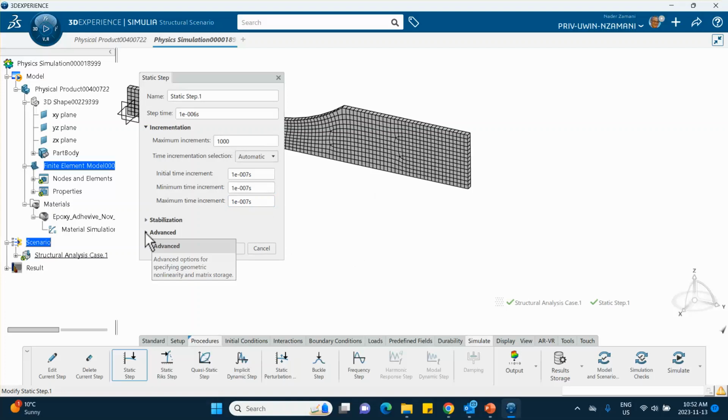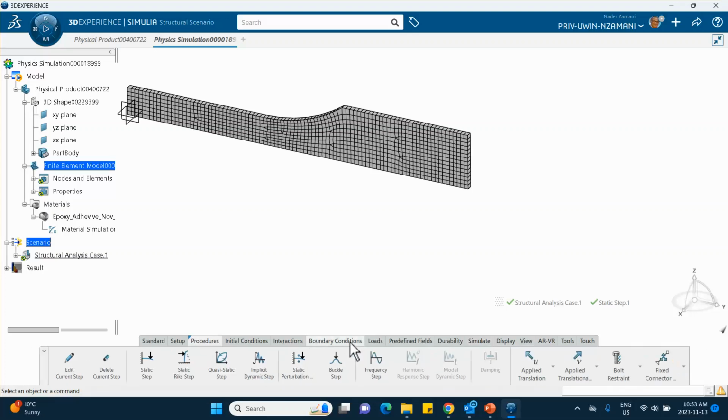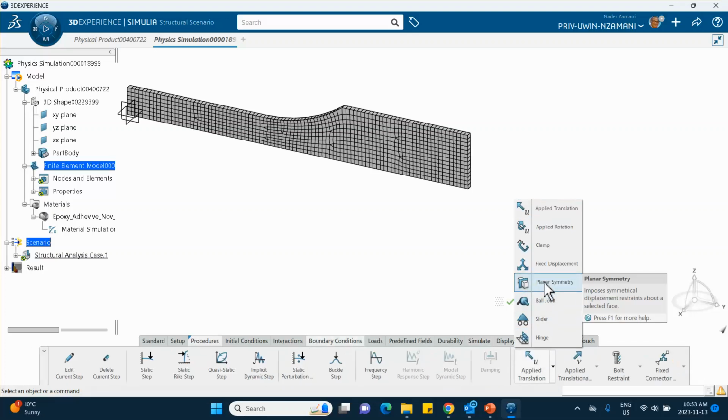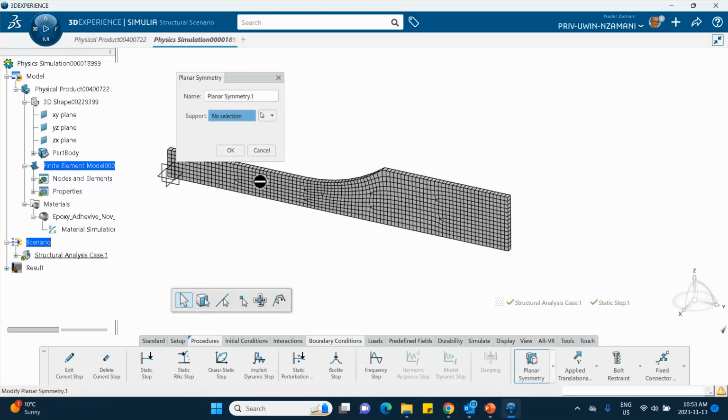If you go here under advanced, include the geometric nonlinearity. That's what I'm going to do. Now, if you uncheck that, you could have done this thing in just one step, okay? But that's how I'm going to do that. So we say okay. All right, let's go and apply our boundary conditions. So we go to boundary conditions. There is something called the symmetry boundary condition. It's just like a roller symmetry, planar symmetry. So we select that